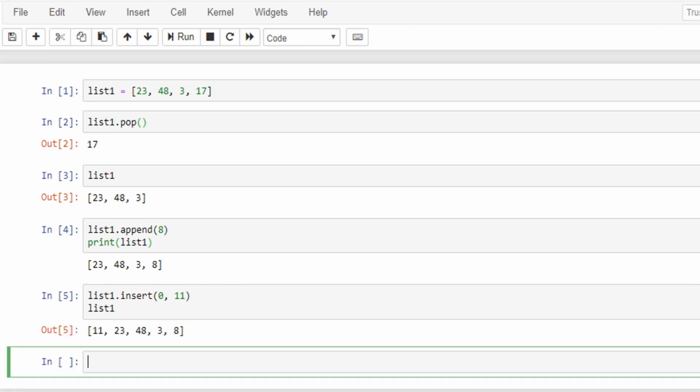The insert function takes two arguments. The first argument specifies the index and the second argument specifies the value, and it inserts a new element at a given index. You have a few more list mutation functions such as remove, clear, sort, and reverse. The point is straight. You know that the Python list is mutable. If you want to mutate it, then you should be looking for a relevant list function in the Python documentation.